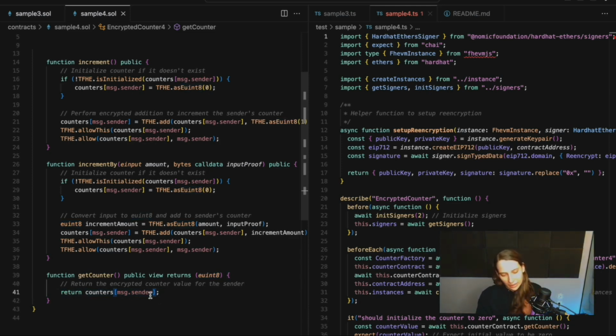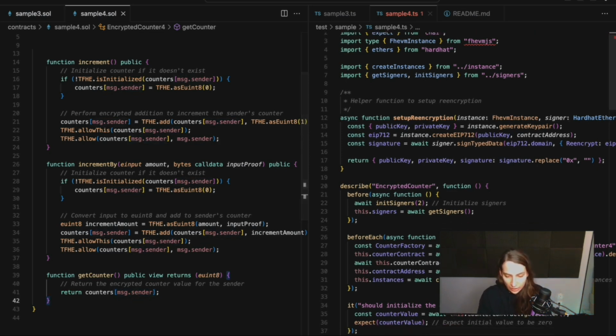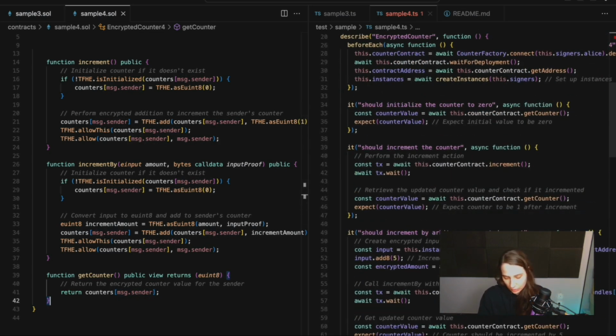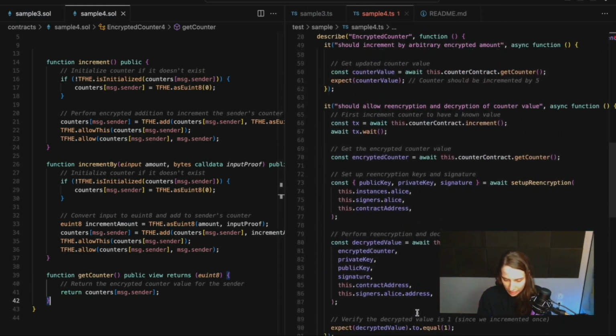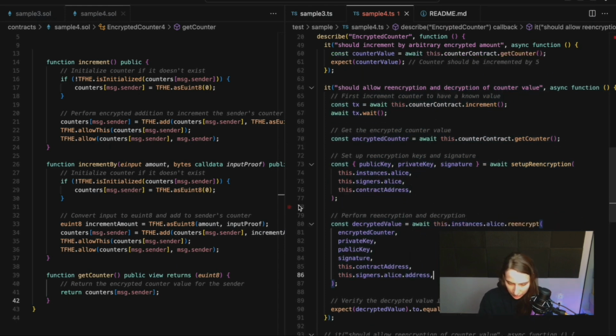So the idea is if our message.sender has access to the counter, he will be able to decrypt it, so to re-encrypt it, to see what the value is. And the main functionality is here.